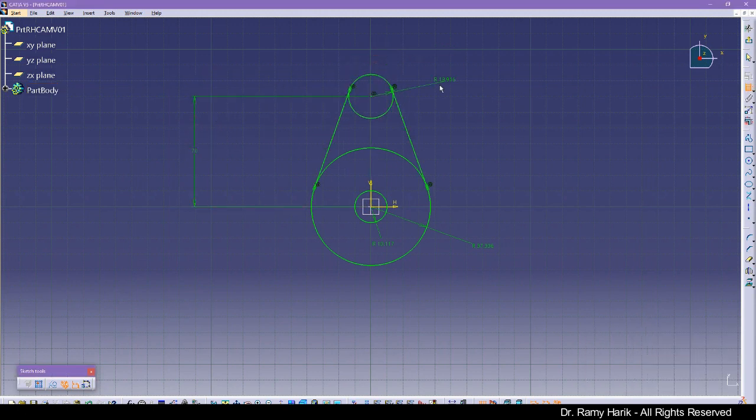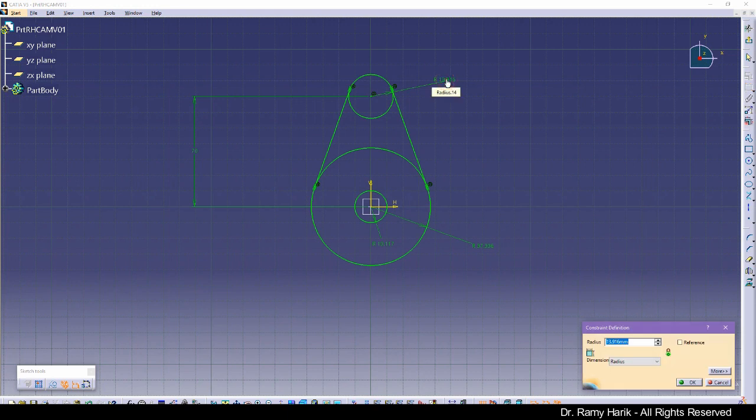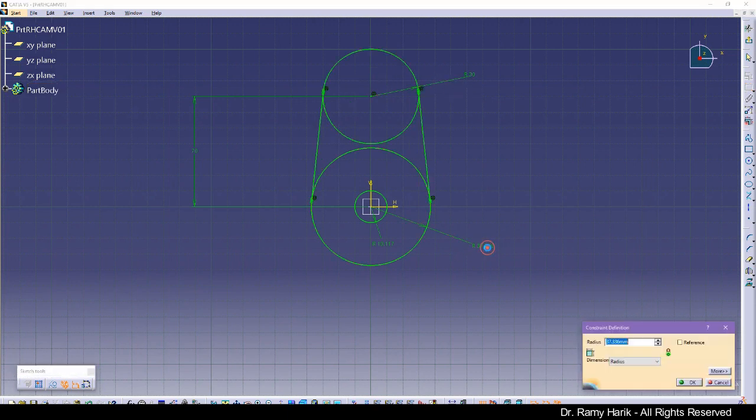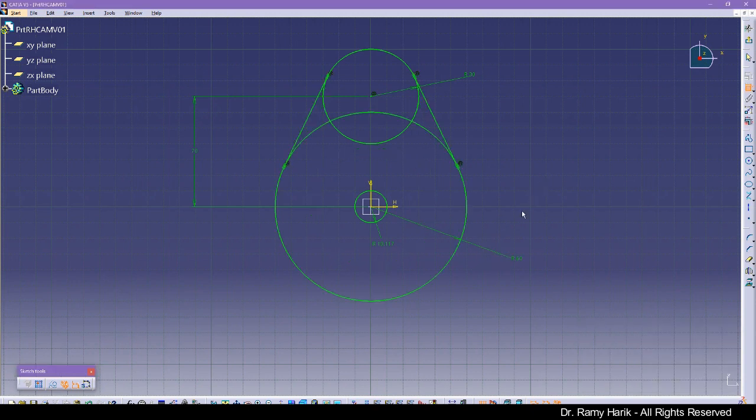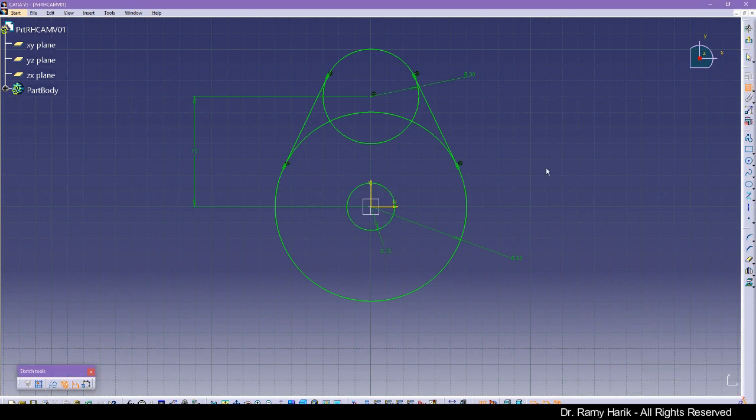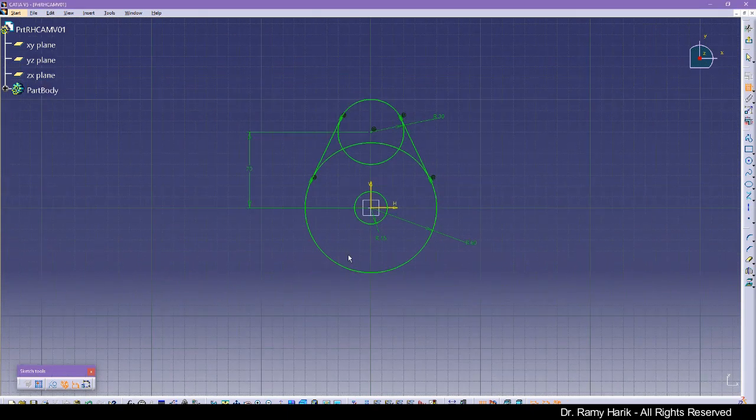We're going to update the values. This should be 30 radius. This should be 60. And do we have all the values that we want? 60. Oh, this one here should be 30 diameter, so 15 radius. So this is how it looks like, the part. 30, 60. Yep. So now we're gonna do a quick trim